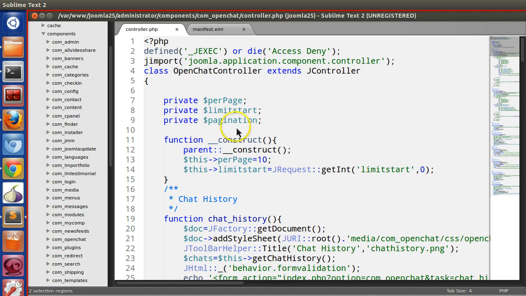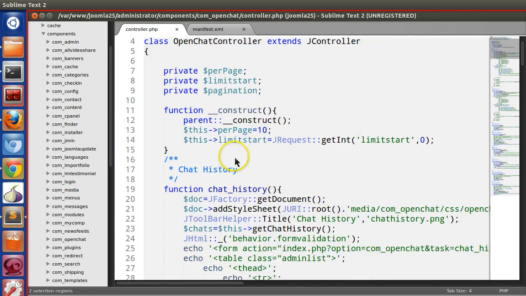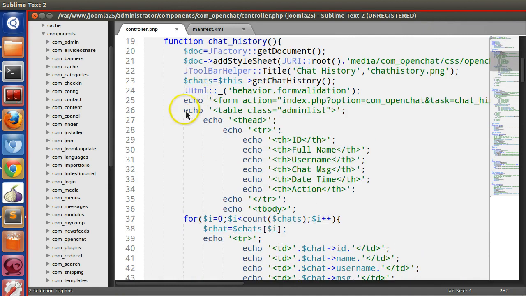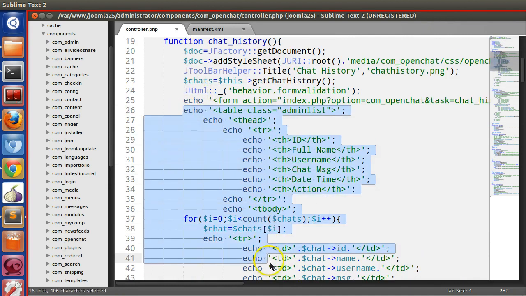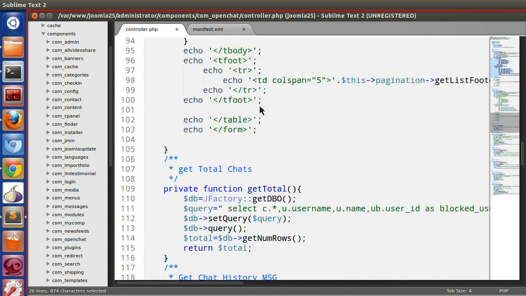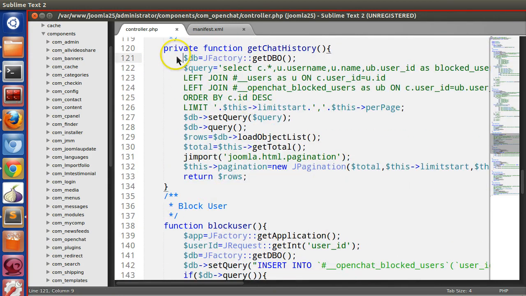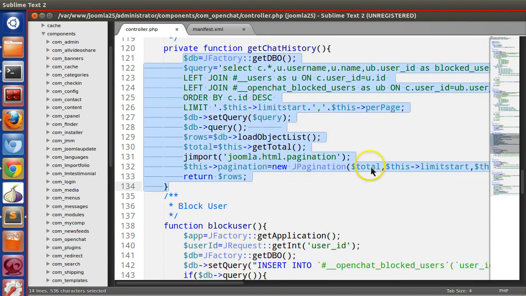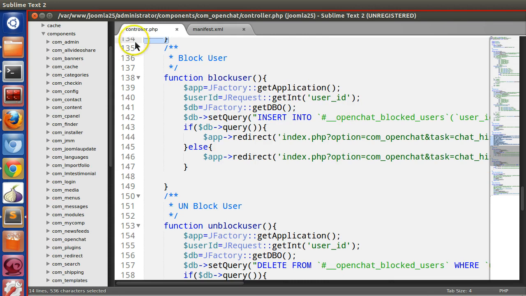So let's see the chat component backend we have created. Here you can see the design section, like this table that is displaying. This is the design section. We are also inserting data into the database or retrieving data from the database, and all of this is present in the same file, the controller file. So the view, design section and programming section, everything is present on the controller side.